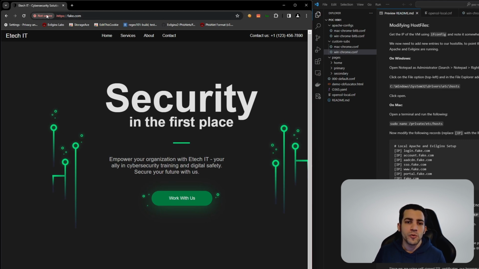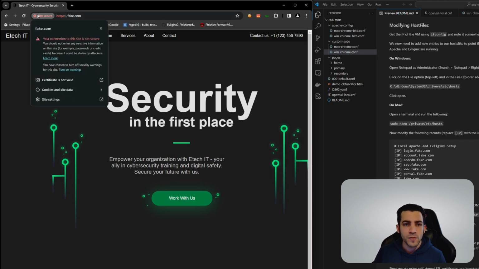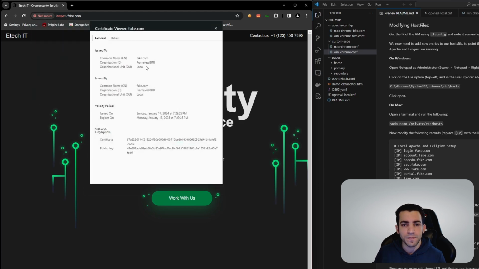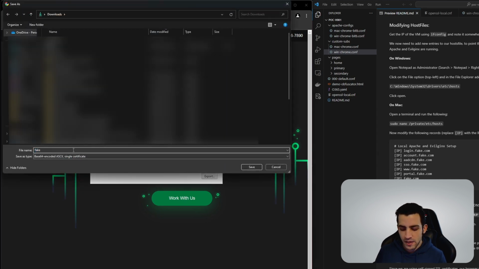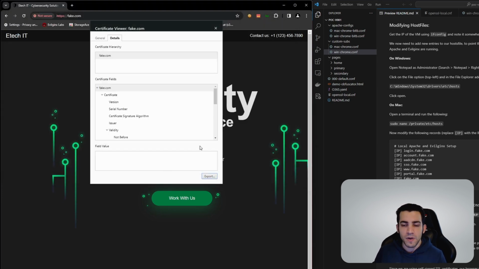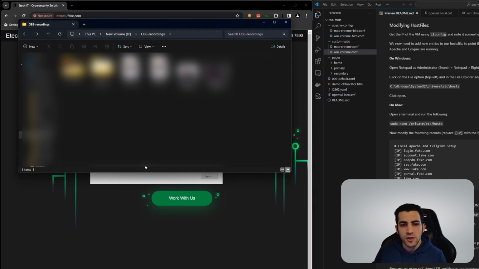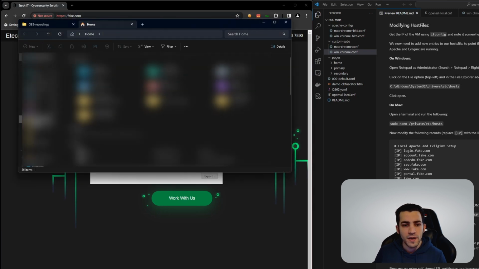So this means the setup is working, at least for now, but we need to trust the certificates to avoid any errors. So we're going to click on the not secure icon. Maybe you'll see a different icon here, depending on the browser that you're using. But on Chrome, let's click on certificate is not valid, details, export, and then let's keep the name as it is. We don't really care about that, but we need to add .crt for Windows to actually pick it up correctly. Let's click enter. I'm going to replace it. I already had one, and let's go find it in the